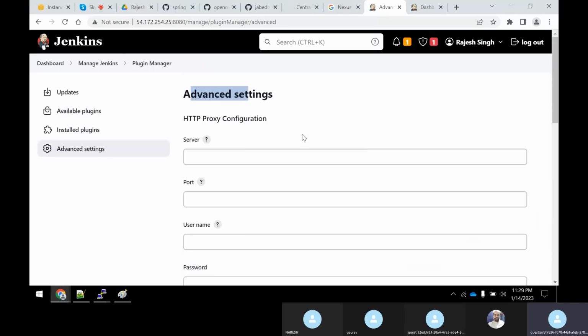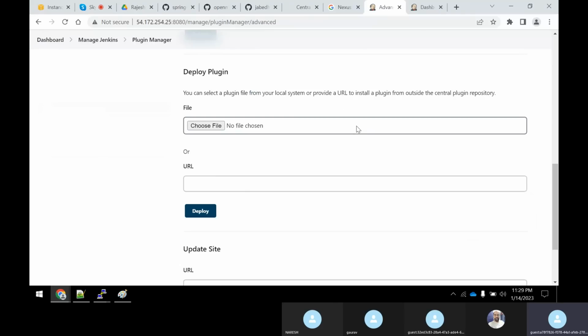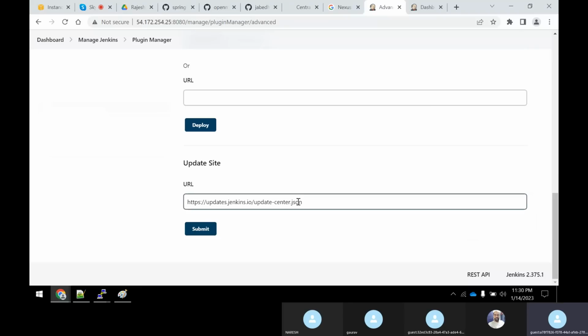It means that suppose, Rajesh, I want to download from a URL. Okay, my plugin is not here. Somebody has posted some plugin on some website. I want to download it and install it. So you can download through the URL also, and you can install it. Or else suppose assume that some companies, you could see that from the site you can go and download it.